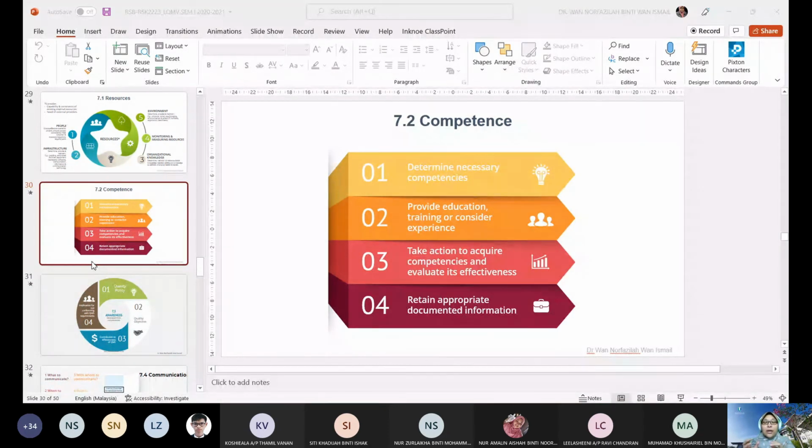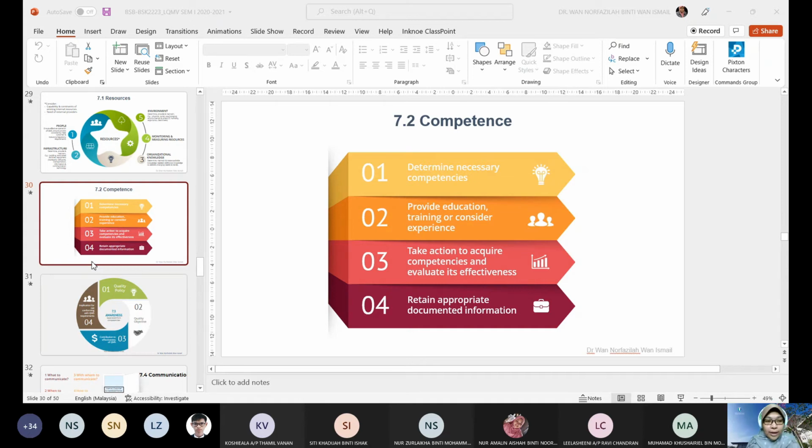Okay, instead of training certificate, training attendance yang you ambil masa training tu pun boleh jadi evidence. But usually training evidence for internal training. Training attendance for internal training. Sebab kalau external, bukan you yang provide training. So, jadi you tak boleh nak ambil attendance tu daripada provider. Kalau you buat internal, you boleh dapatkan training attendance. Okay, training certificate boleh, competency certificate pun boleh.